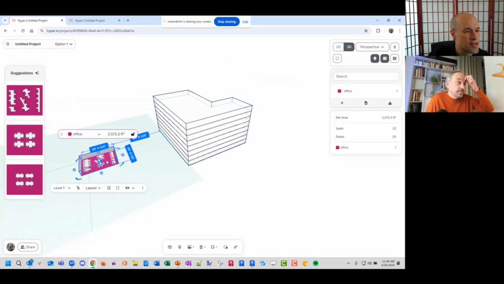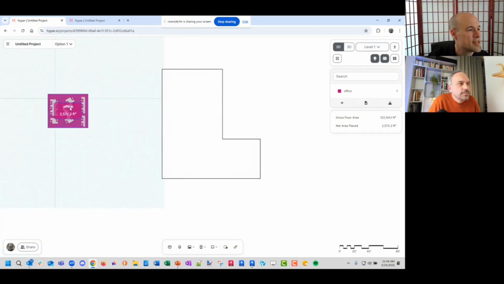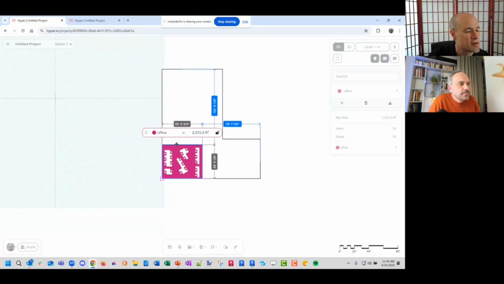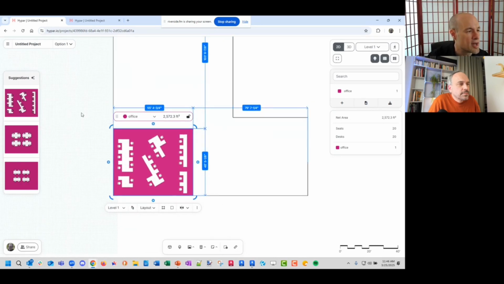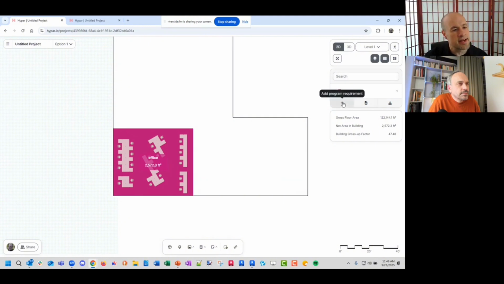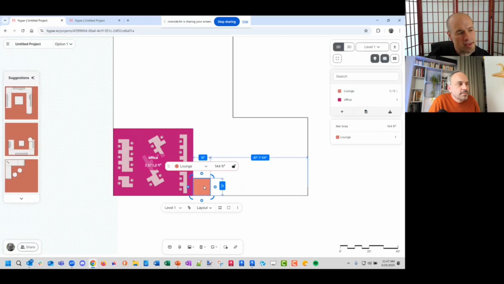In which case, now maybe we're planning the first floor of this. And so let's put our open office inside. Maybe we want some different thing here. Let's add a lounge space in here. And what's happening here is we key in to the name of the space.